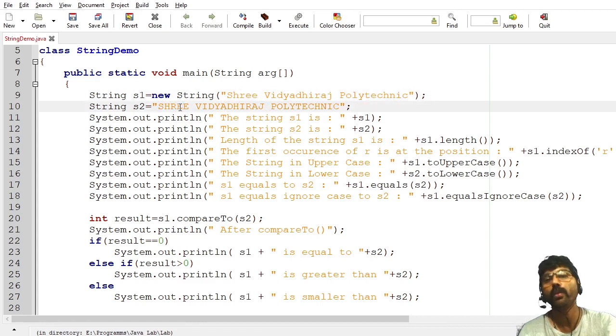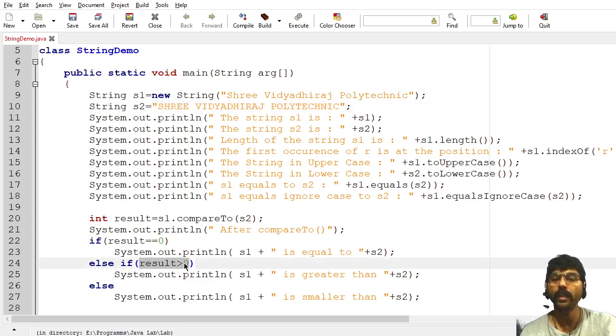If you go to Unicode, strings are in Unicode characters, so lowercase h has a higher number than capital H. So it will return that this is greater, this is smaller. S1 is greater than S2, so it will return a positive value here. That is checked here.